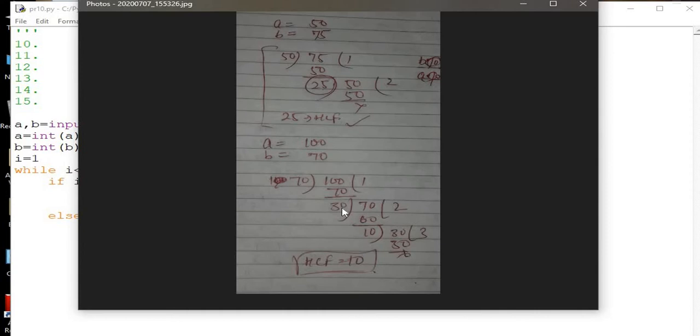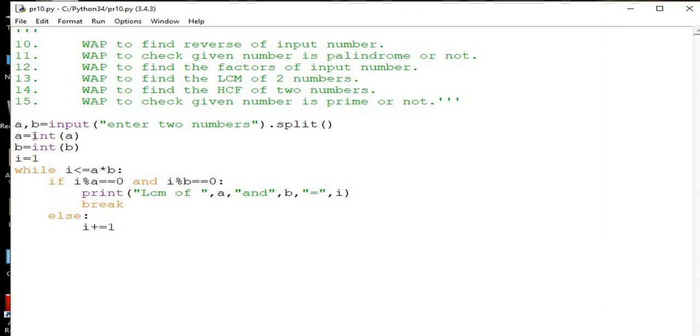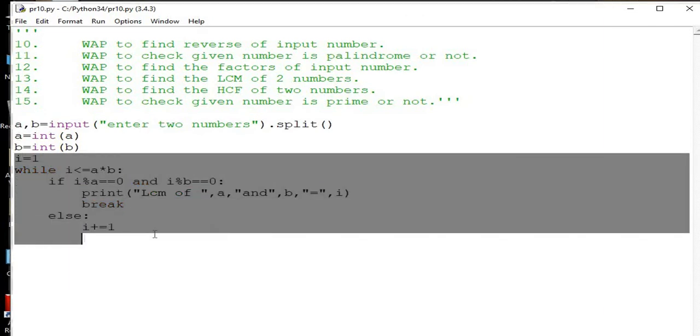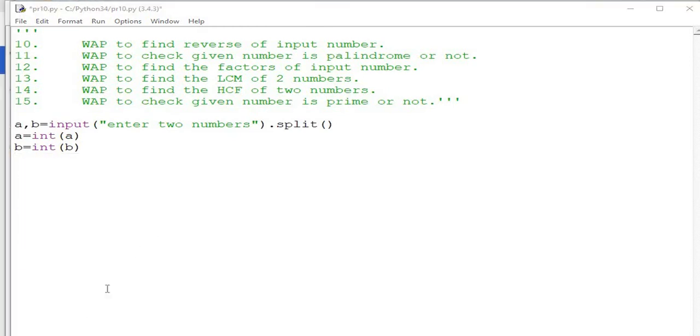Okay, so let's implement the logic. First of all you will take the two numbers. Now you need to find out the remainder. So the initial value of remainder is 1. You will execute the loop till remainder is not 0. So while remainder is not equal to 0, it will continue the process.